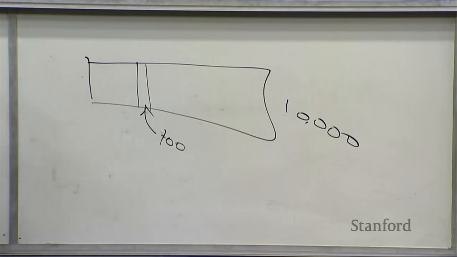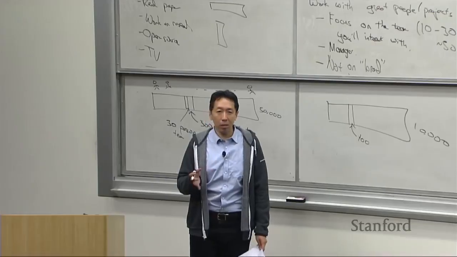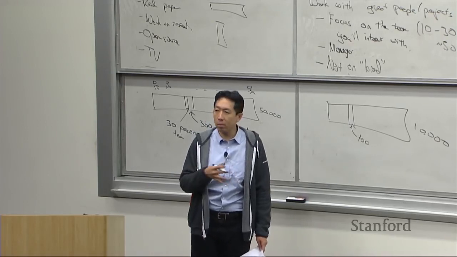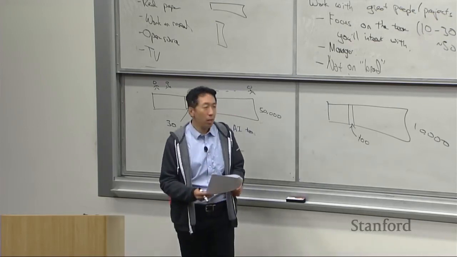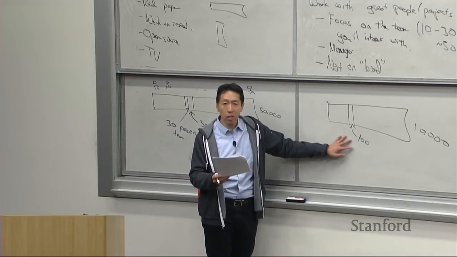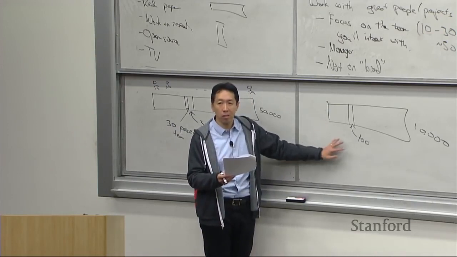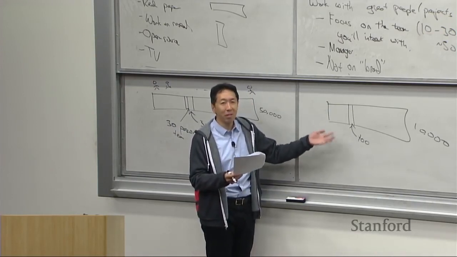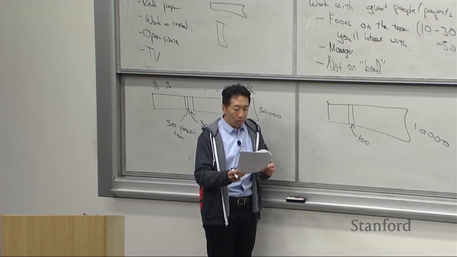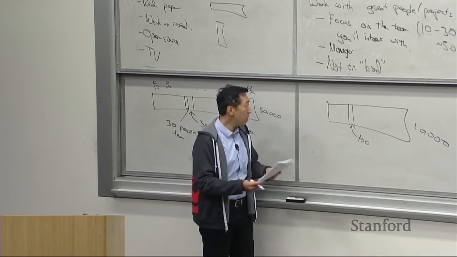So there's a huge variance across teams within one company, and that variance might be bigger than the variance across different companies. Does that make sense? And if a company refuses to tell you what team you would join, I would seriously consider, well, if you have a better option, I would do something else. And then finally,